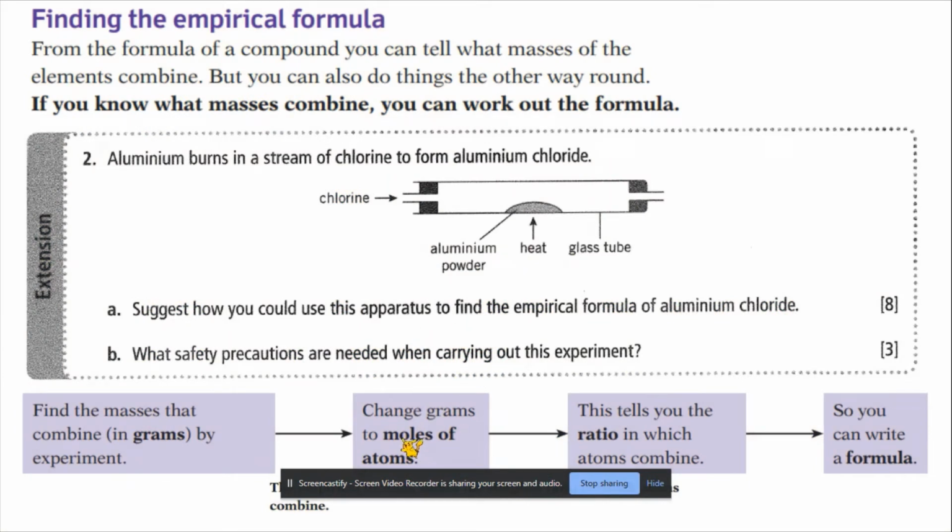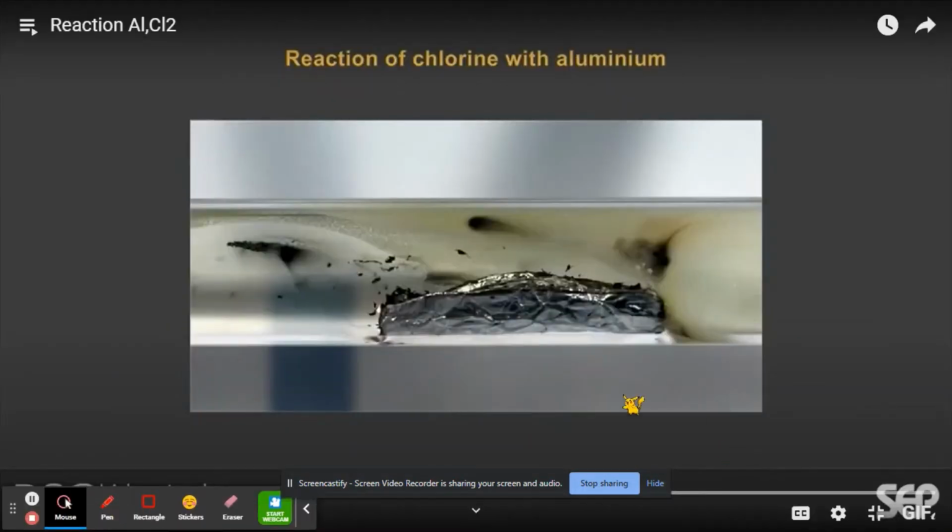So once you've worked out the number of moles of chlorine that have joined, and the number of moles of aluminium that have joined, then what you would need to do is divide both by the smallest number, whichever one is smaller. If it's aluminium, then divide by aluminium. If it's chlorine, then divide by the number of moles of chlorine. You should actually work out, if everything is done correctly, that you'll probably get a 1-to-3 ratio in this particular case. Now, I'm going to make it a little bit more interesting and show you